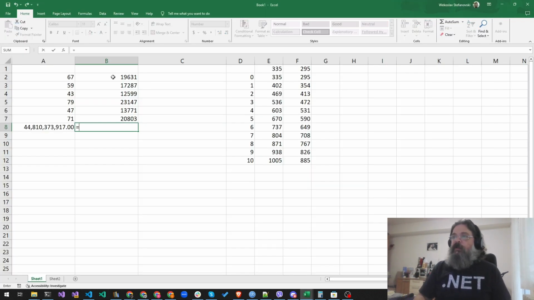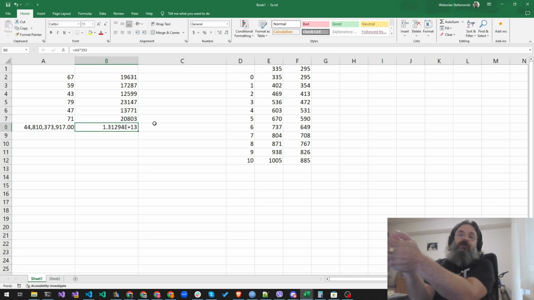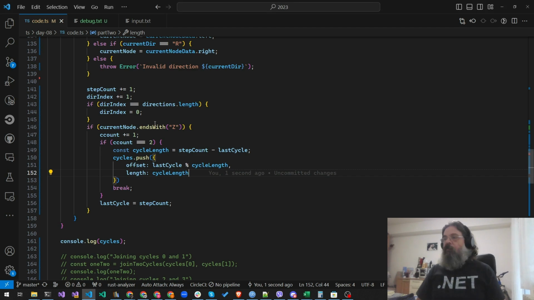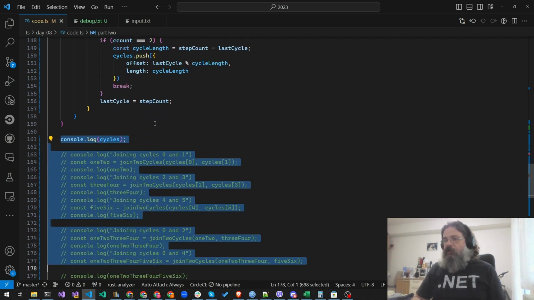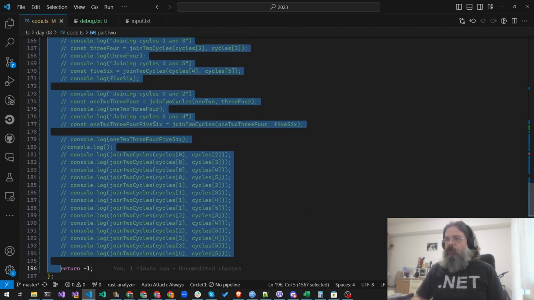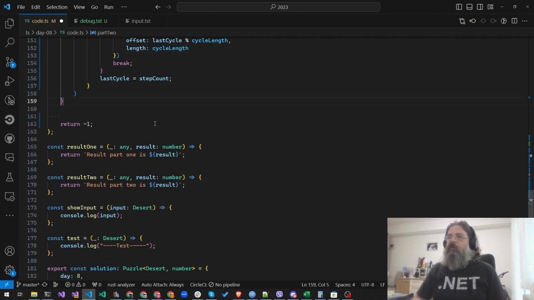So this means that this is our solution. And if I take this number and paste it in Advent of Code, it will provide me with that. And since I don't want to waste your time, I'm actually gonna do that. So we're not gonna need to join any cycles. We're not gonna do any kind of those things. So I will just say,